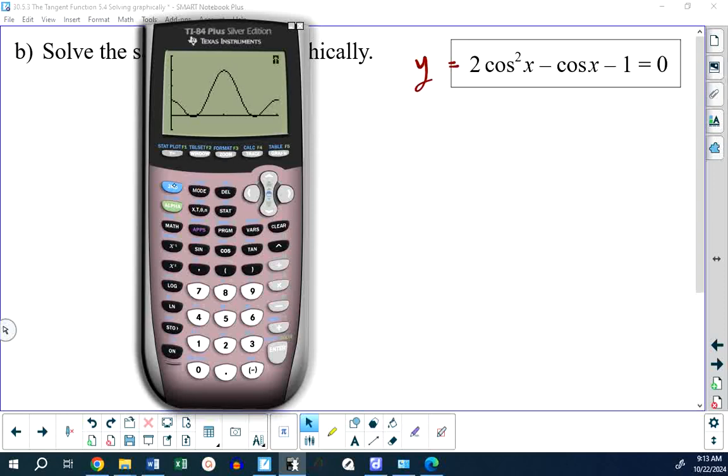So I go to my calculate menu and I choose 0. That's how we find an x-intercept. I scroll over to, now I kind of regret going from negative 1 to 4 because I've blocked out my view here. But I'm going to put the cursor there, enter, and go a little bit to the right of that and hit enter. And I get,